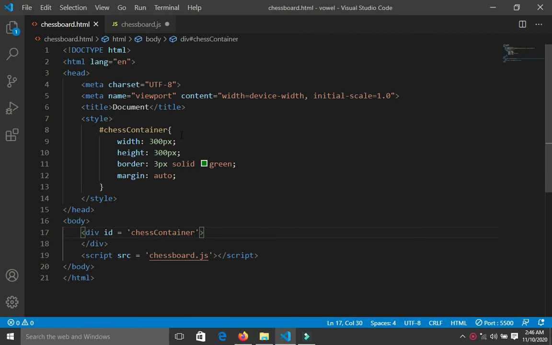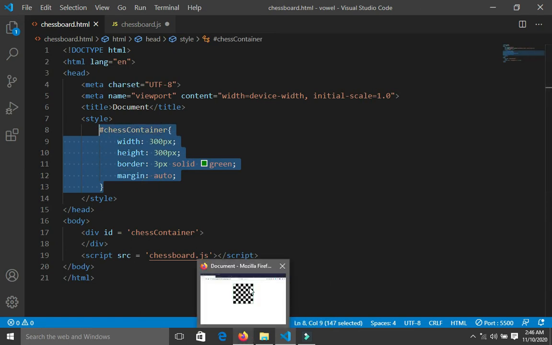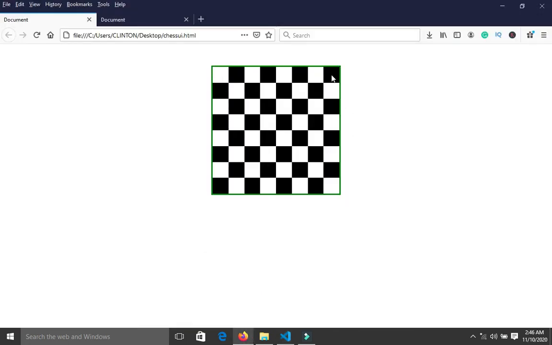So I have my HTML page whereby this chess container is present. The chess container is here. This is a marker for the chess container, and this is a style I added to it. This chess container represents this green border. So I'm going to create this